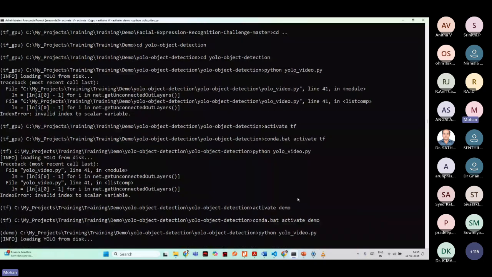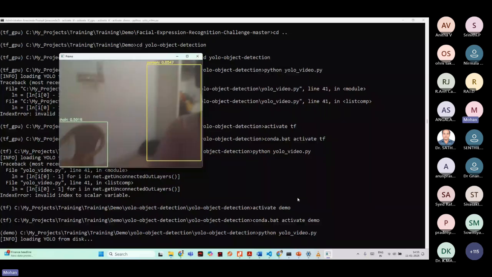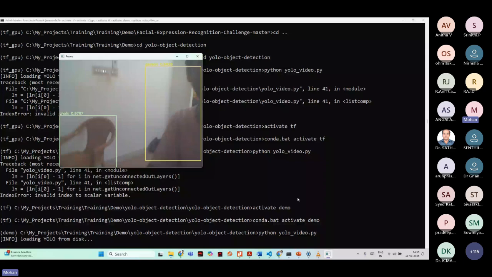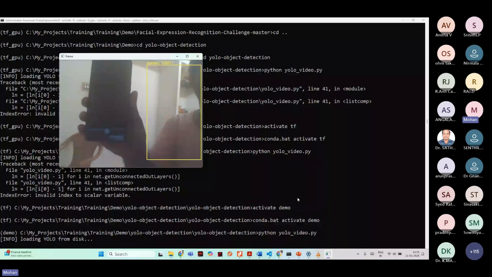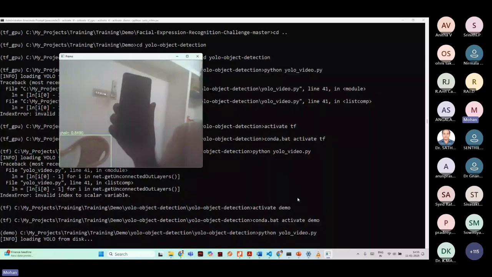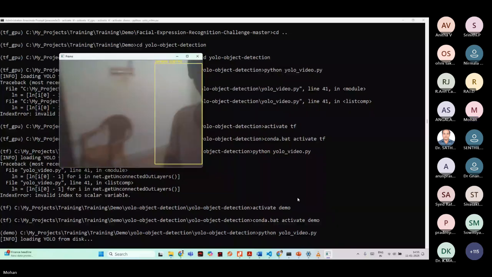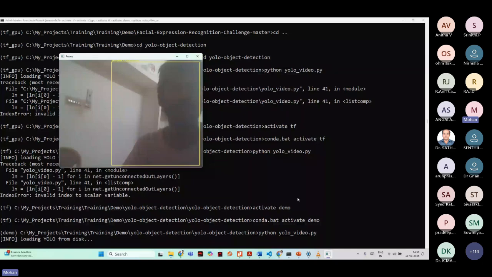This is real-time object detection. It can detect a person, a chair, and it can also detect a mobile phone. This is a particular model which is trained on the Microsoft COCO dataset, which has 80 plus classes, and you can